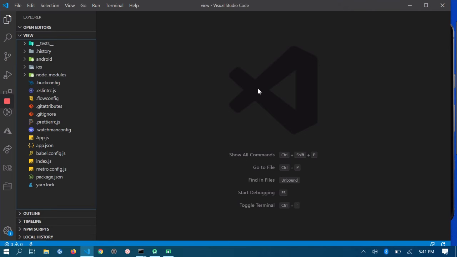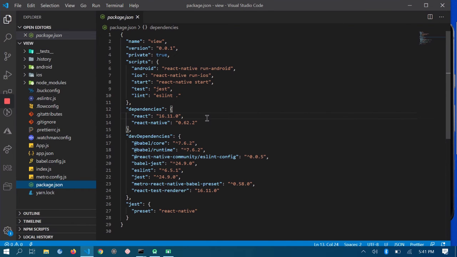Here is the React Native application. I have created a React Native application using React Native CLI, and I am presented with all these files. There are various important files. Let's go to each and every file one by one for now. package.json will give you all the dependencies and the development dependencies which are required to run the React Native application. As of now, this is a boilerplate application. We have only React and React Native with their specific versions mentioned in the package.json.